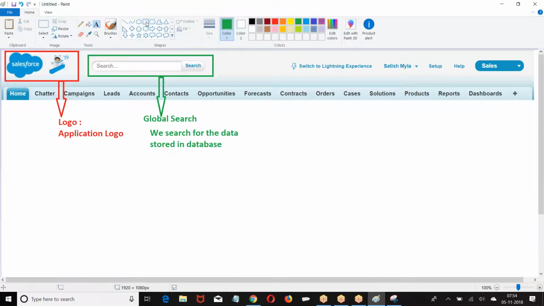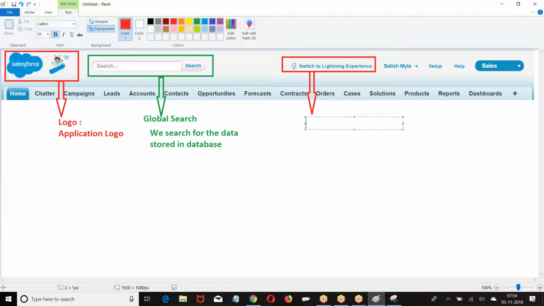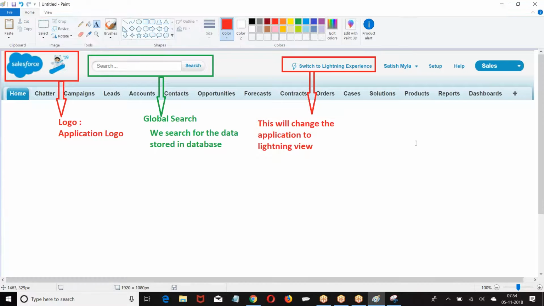Right. Now we already know this is switching to Lightning. If you want to migrate from Classic to Lightning application to Lightning view, now if you choose this, it will change the application to Lightning view.